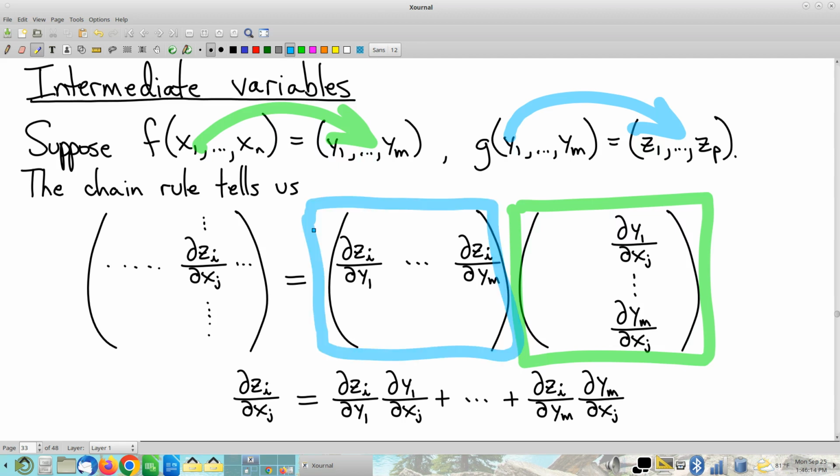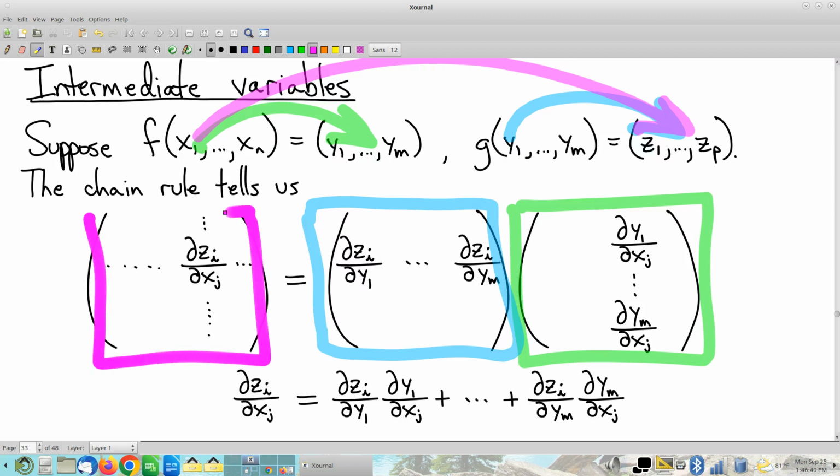And again, it's the partials of the z variables with respect to the y variables. Okay. All right. Now, all together, the composition is going to compute the z's as functions of the x's, right? So this smashing them all together, the original input variables determine the eventual output variables, and you can talk about its derivative matrix. And, of course, what we have here is just a statement of the chain rule. The chain rule says that the derivative of the composition is the product of the individual derivatives, from the matrix point of